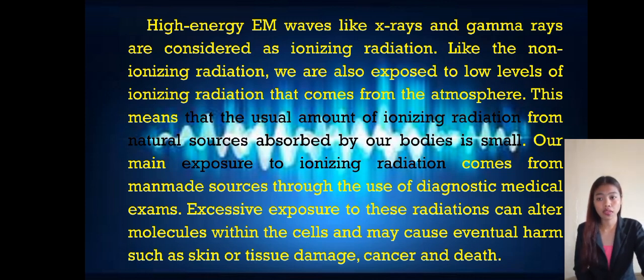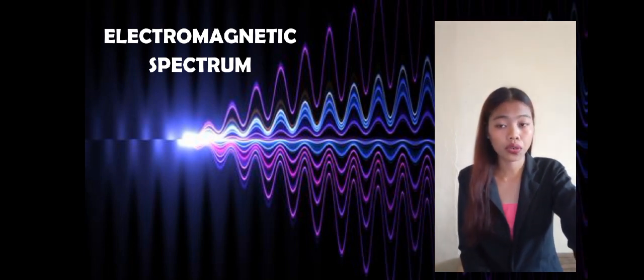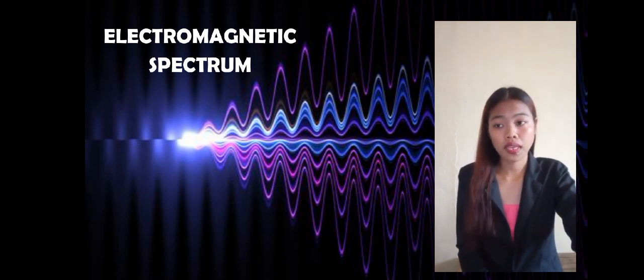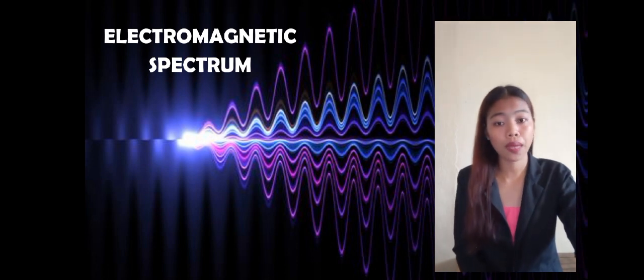Excessive exposure to this radiation can alter molecules within the cells and may cause eventual harm such as skin or tissue damage, cancer, and death. When handled improperly, radioactive pollution may occur, where the air, soil, and water will be contaminated. This pollution may eventually make its way up to the food chain where all forms of life may be